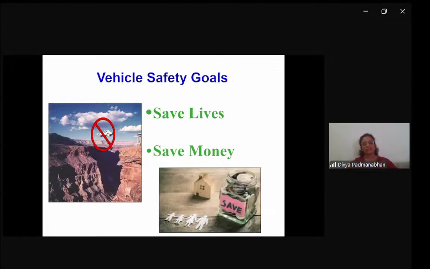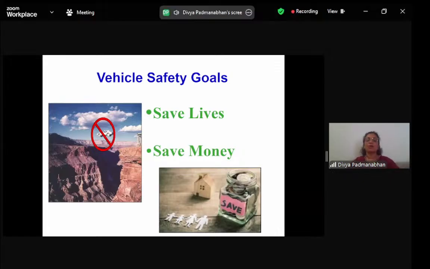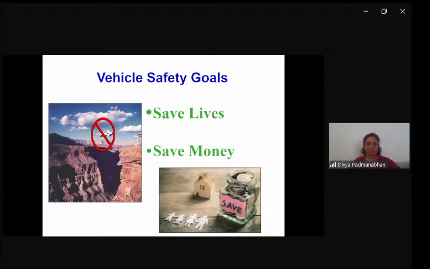Every government statistic, if you look at the number of people who die by accident, they are all in the age group which we classify as youth or middle age. Okay, now that's an age group which has many more things to achieve in life. So